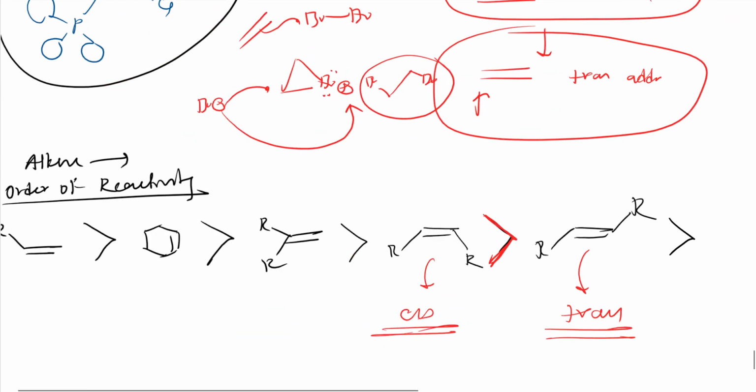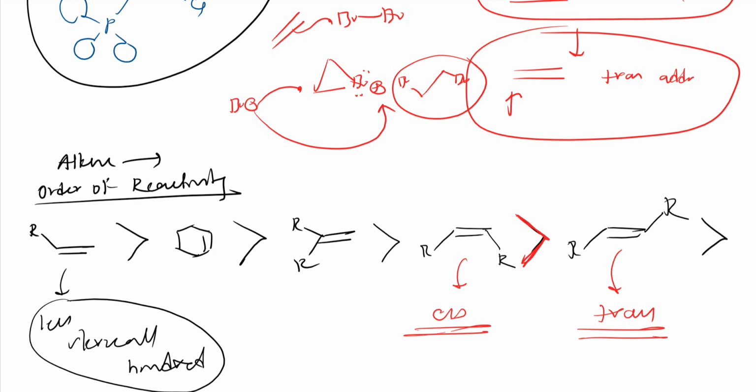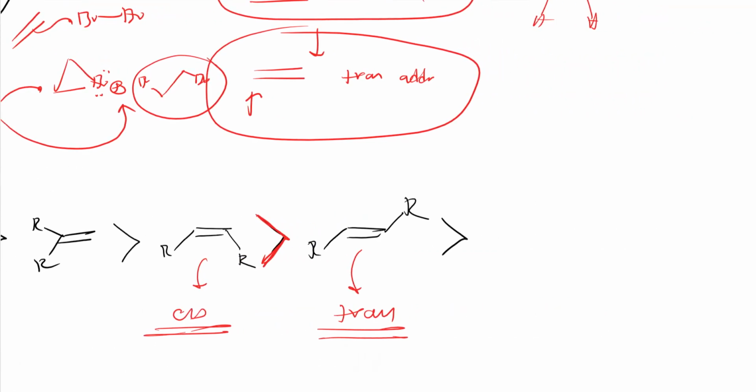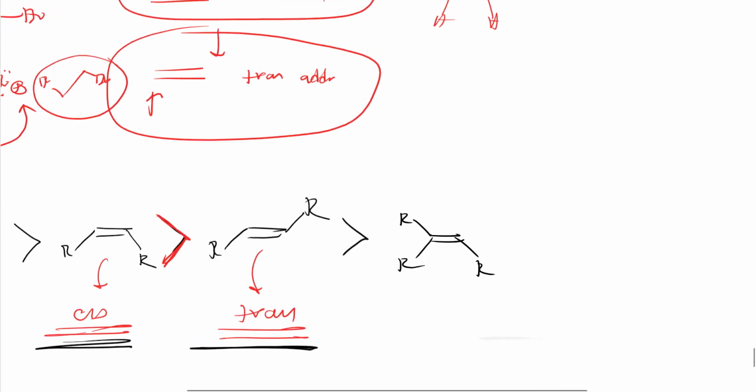See here, these are less sterically hindered, so they are more reactive, because the Wilkinson catalyst is much sterically hindered, so it will react very fast with the less hindered ones. As we go on, hindrance keeps on increasing, so reactivity keeps on decreasing, and it is also more selective towards cis. As I have told, cis is more reactive than trans. And you can observe that these are more hindered, so less reactive.